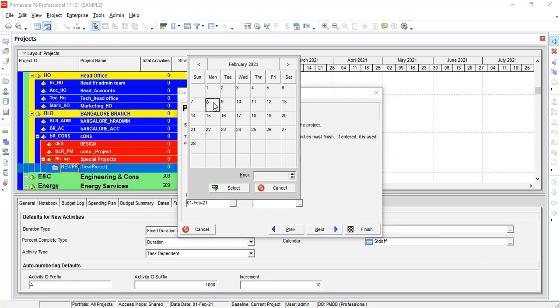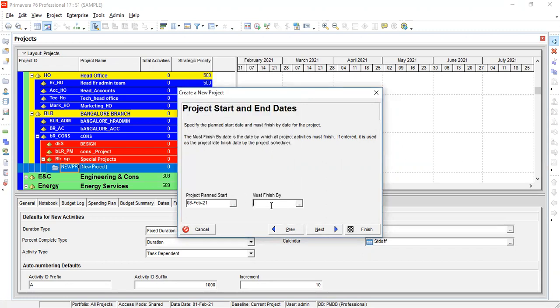Must finish by is not compulsory. Only if there is a fixed deadline, then you can put must finish by. That also we have to set at the project stage only. This is general information.